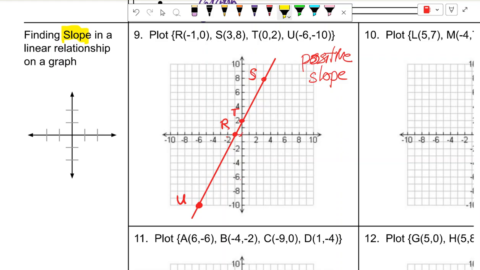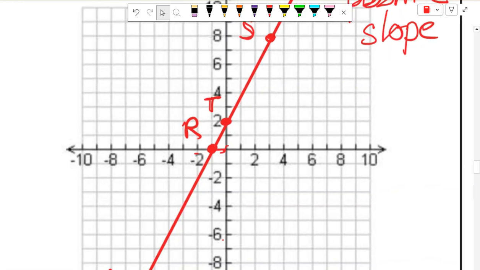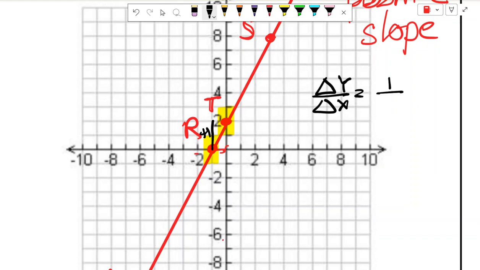To find the slope, all you need is 2 points anywhere along the line. I suggest picking points that are very close to each other. It's less work. Now, to find a slope, all you have to do is what you've already been doing. Find the change in y divided by the change in x. And the change in y up here, if you go from this slope up, you go up 1, 2. That is a positive, so it's positive 1. So my change in y is 1. And then I go to the right, and right on a coordinate plane is positive